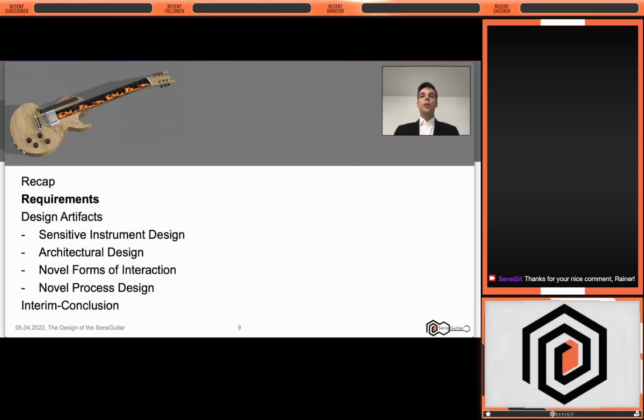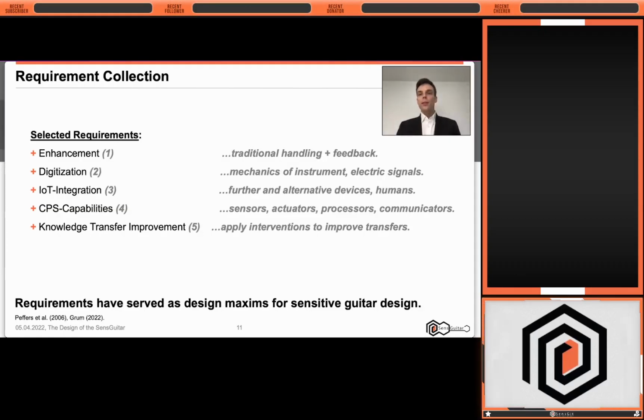Let's now come to the new stuff from today's perspective. How to consider the theoretical foundation presented for the development process. Let's address the first requirement. In accordance with Pevers et al., requirements are specified at the very beginning of a research. Prior to the design of an artifact that shall solve a certain research problem, these are collected in order to